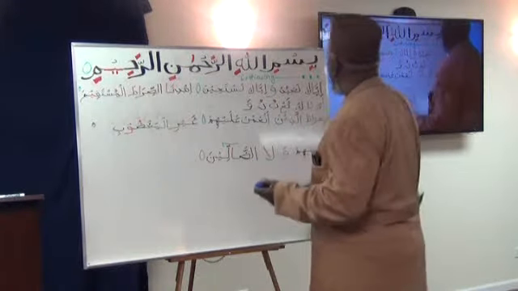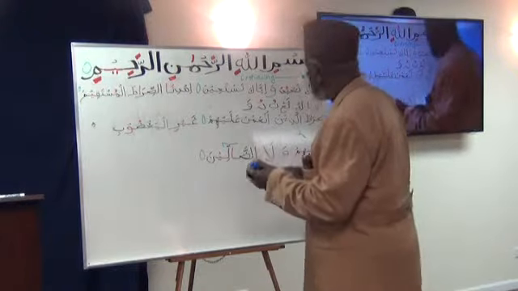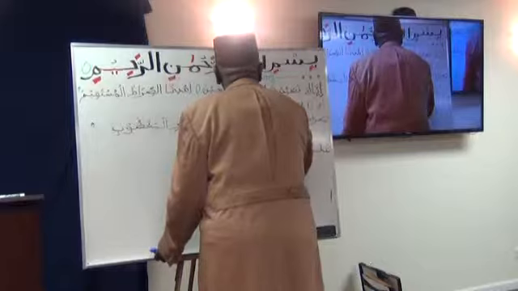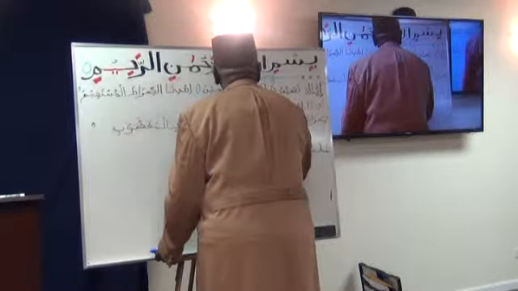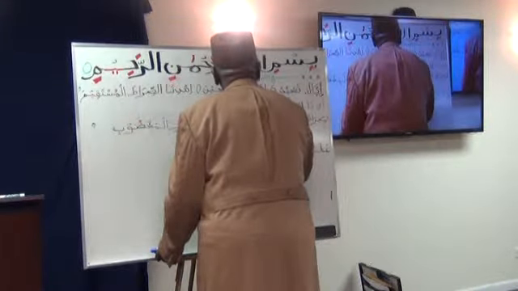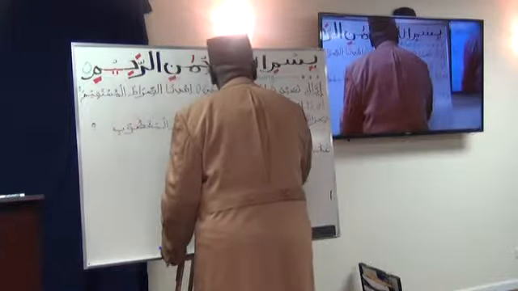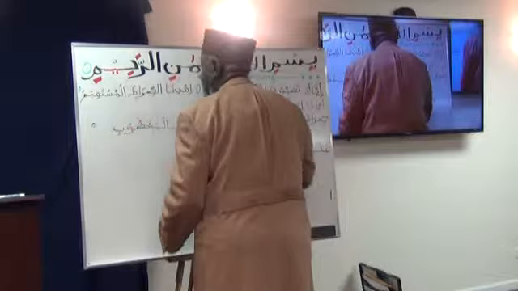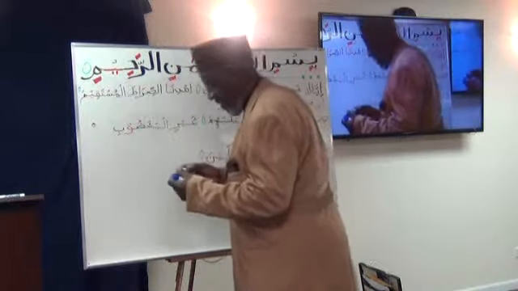And then the next word is a repetition of the first one. So we go on and do it very quickly. What is it again? The very same word we had the first time. Iyaka. That's a long E, not a short one. If you shorten the vowel, it's something different. All right.